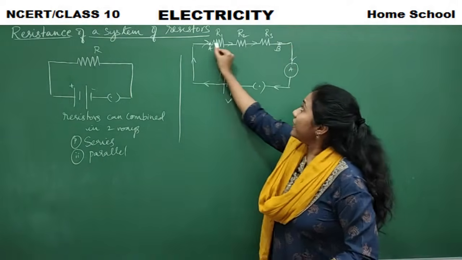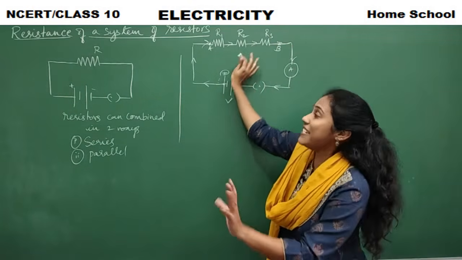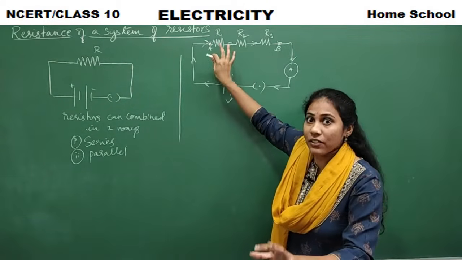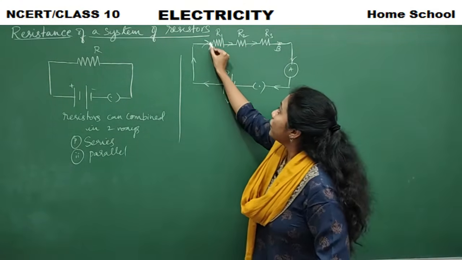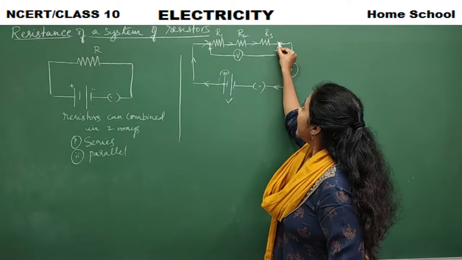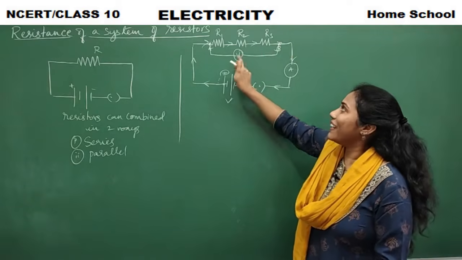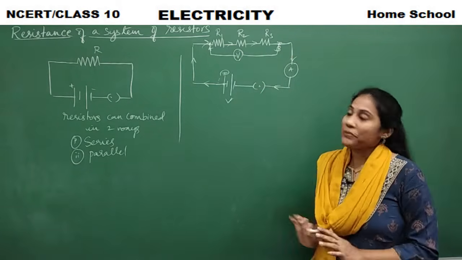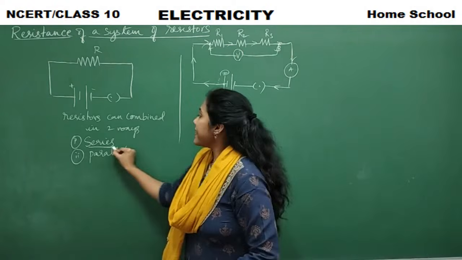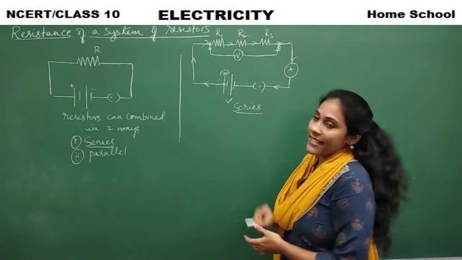Definitely in this position, in this area, you will observe a difference in the electric pressure, that is, a difference in the voltage. If you want to find it out, you can connect a voltmeter here, right? The connection of a voltmeter is always parallel. So this is the parallel connection of the voltmeter, and this is a circuit diagram of resistors in series.